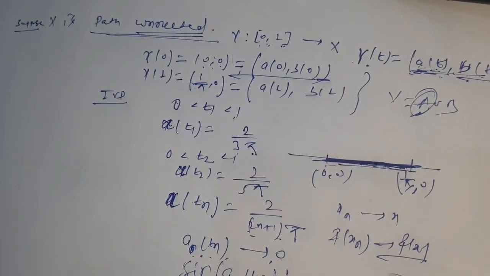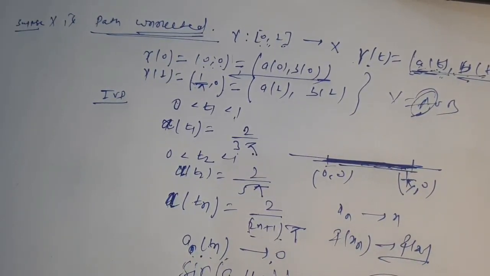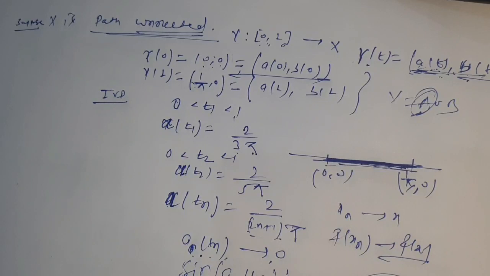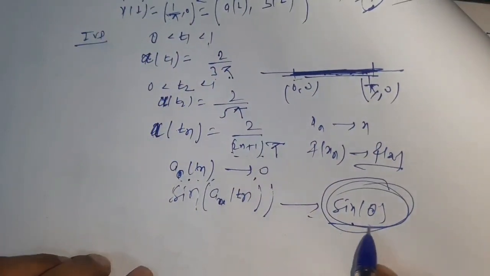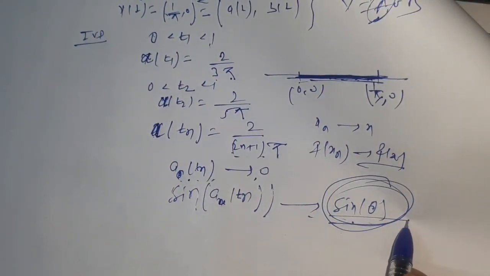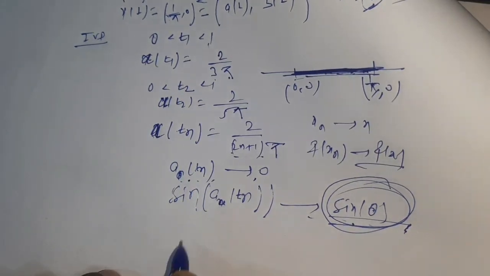But will it happen, will sine a t n converge to sine 0? No, it will not happen. How? Sine a t n does not converge to sine 0. How? Because